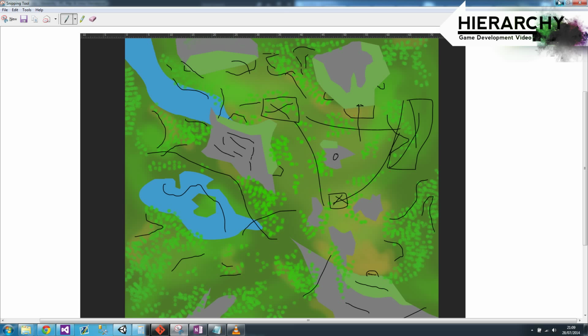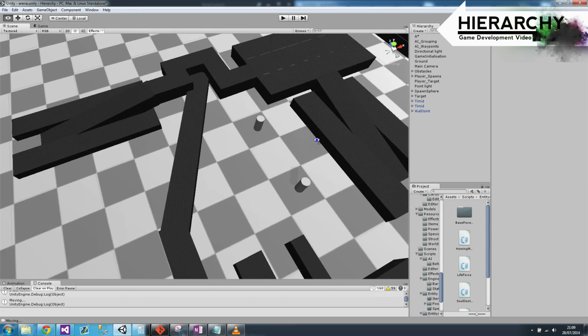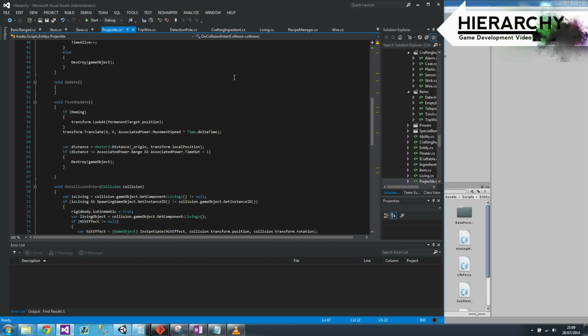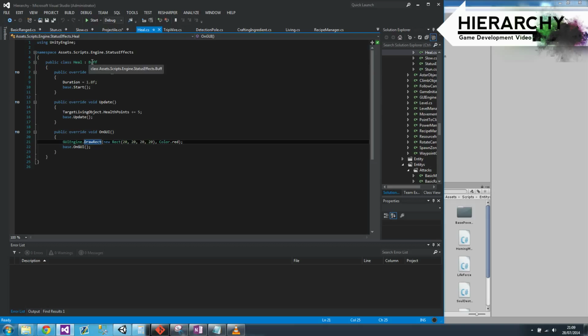So, moving away from that good news, project-wise, it's time to show off the things that I've been working on. So, debuffs. The first debuff that I showed, or the first buff even, was heal. So if we go and have a look at heal, you can see, like I've shown before, it inherits from type buff, which obviously is a status effect. It has duration, the target living object, which is in the base,